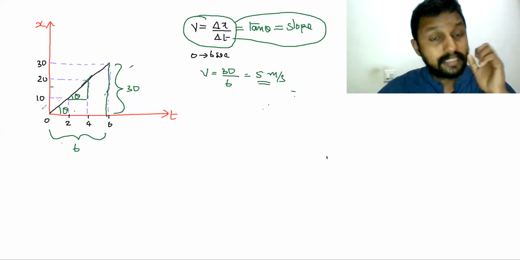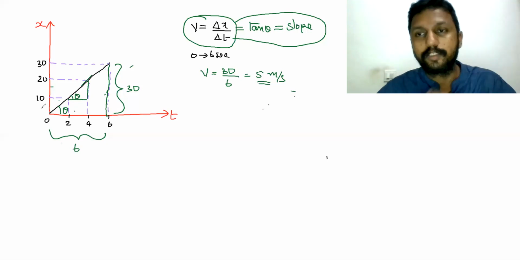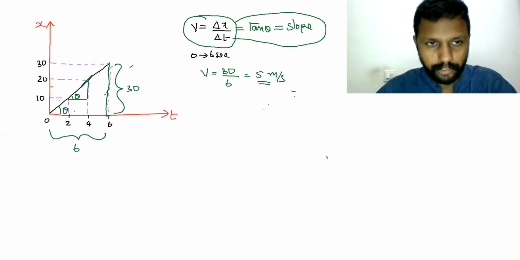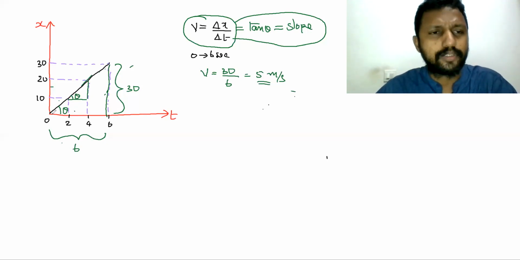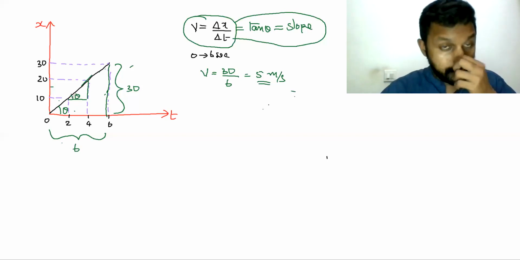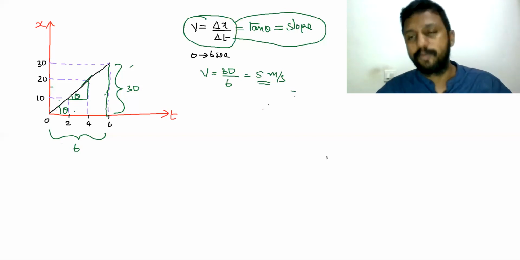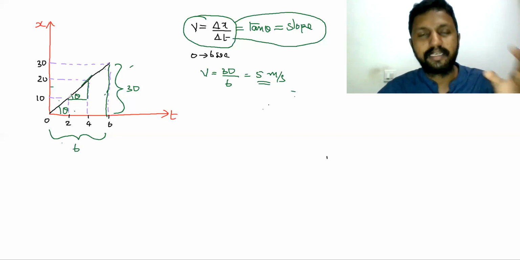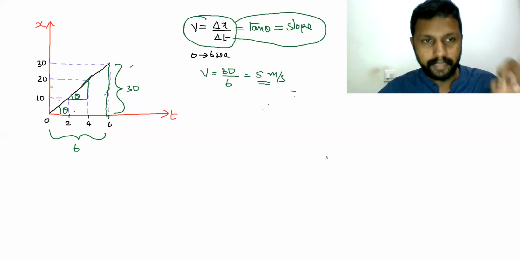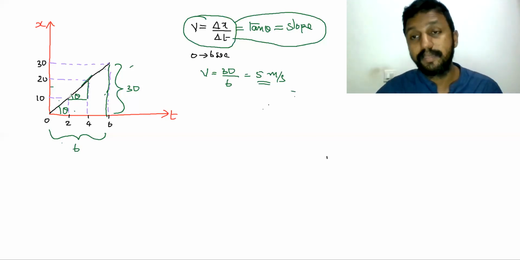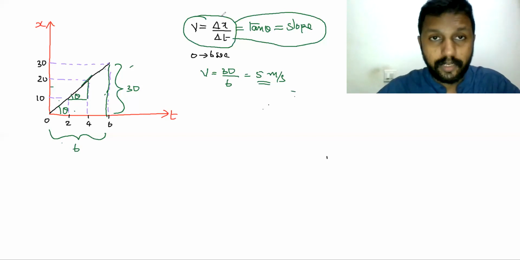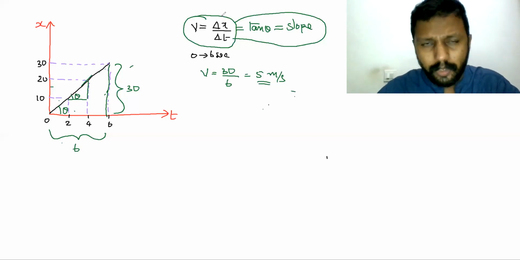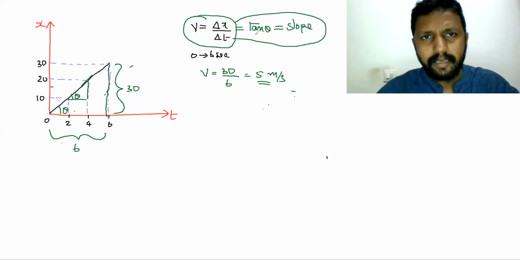Therefore, the instantaneous velocity and average velocity are the same in this situation. That is, if you are taking the average velocity between any two time intervals, and if you are finding the velocity at a particular instant, they are both the same. But it's not the same in all situations. I'm saying the instantaneous velocity and average velocity are the same in this particular situation. That doesn't mean the instantaneous velocity will be the same in all situations. In order to understand that clearly,